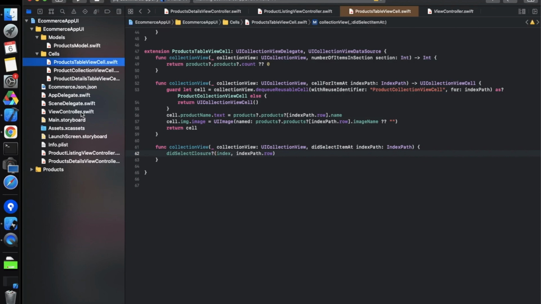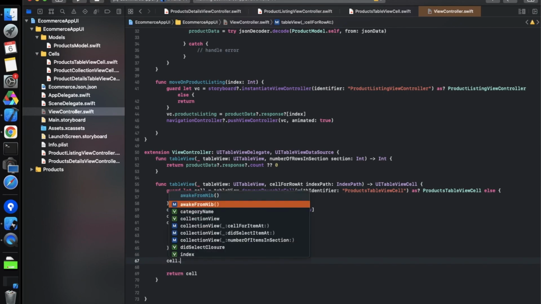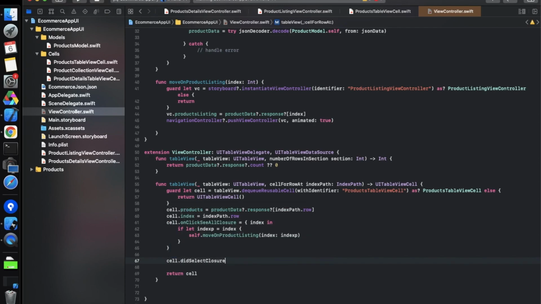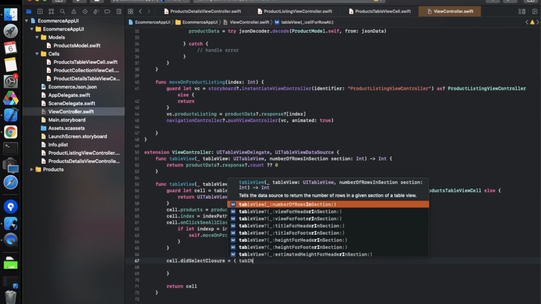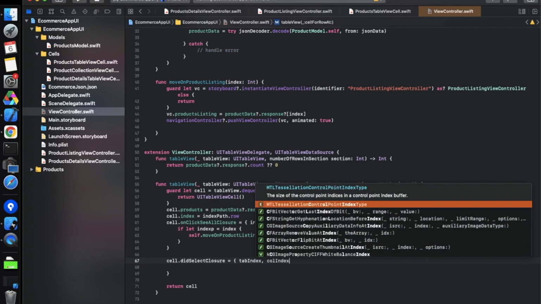Now let's move on to the view controller, and we will get that click over here, dot didSelect closure. In this we will get the tab index and the second is the collection index.